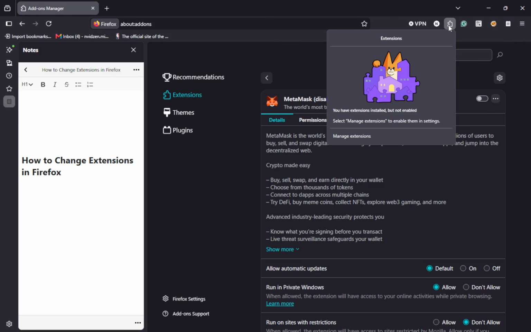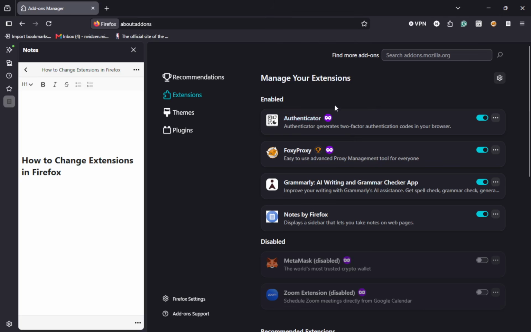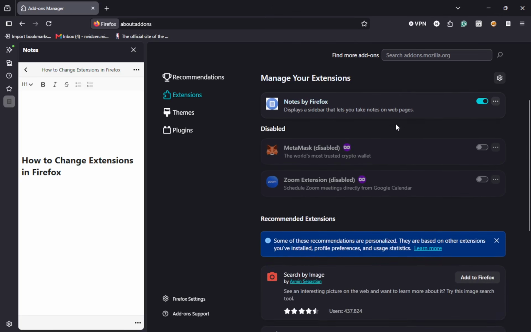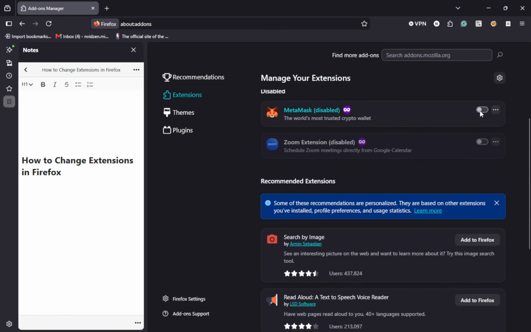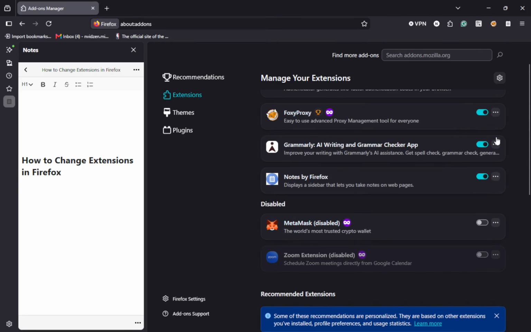Once you click the puzzle piece icon, click the gear icon next to an extension. This gear icon represents settings for that specific extension. From here, you can choose several options such as pinning the extension to the toolbar or removing it entirely. This functionality is beneficial because it allows you to keep your toolbar neat and organized while ensuring that you have quick access to the extensions you use the most.